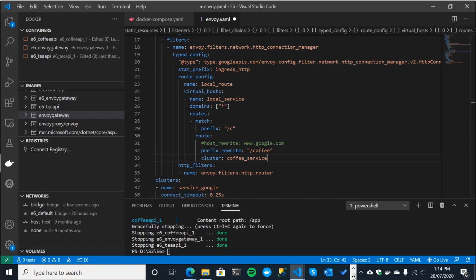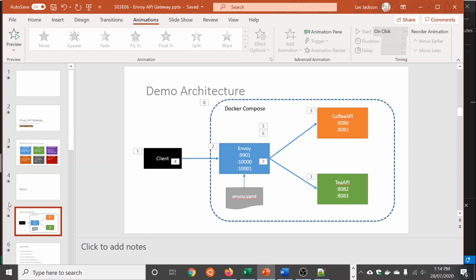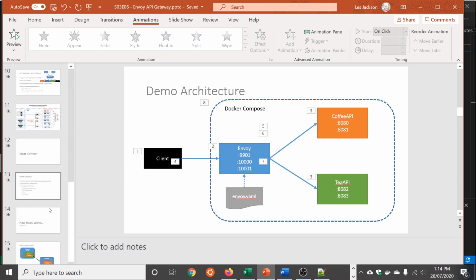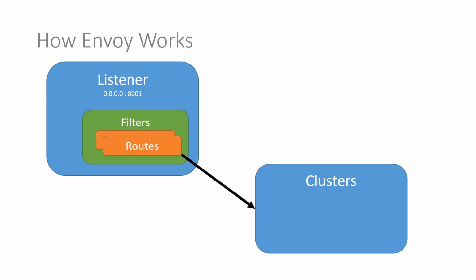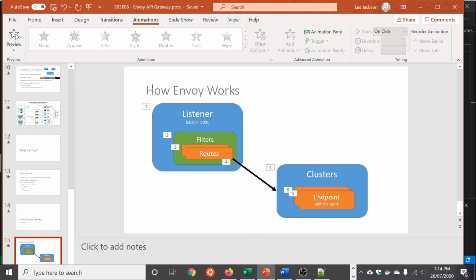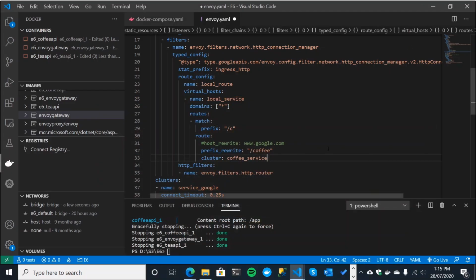So just coming back to how Envoy works, just to refresh you one more time. We're not changing our listener in this case, and that port is 10,000 in our instance. We're not really changing our filters as such. We are changing the routing attributes, and we will need to come down to our cluster next and make the necessary changes down there. Let me just change this to 10,000 just to come back. It just makes it more consistent.